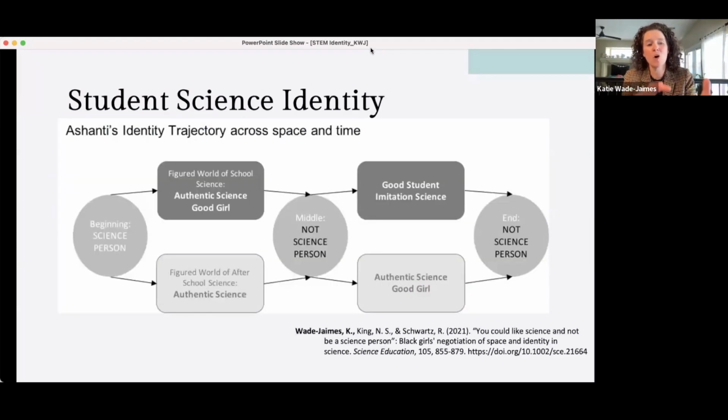So over the course of this year, you can see, even though she started with a strong science identity, that messaging and that recognition that she's receiving throughout the year was reinforcing for her that she didn't really belong in science, that she was too emotional, that she wasn't the type of person to be a scientist. So instead, because she didn't feel recognition for that, she engaged in these other identities that she could gain recognition for. However, I would argue those identities don't set her up to be a scientist, right? Even this identity of imitation science, students are not developing the skills and the knowledge they need to be successful when she goes on to high school or college.